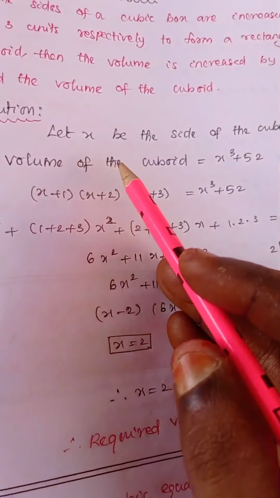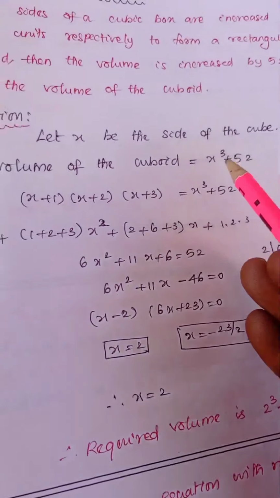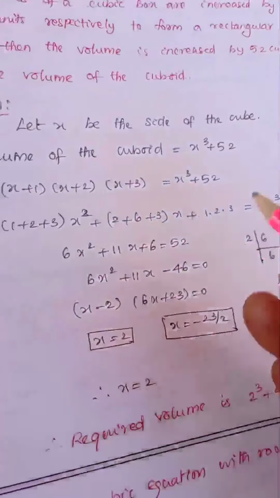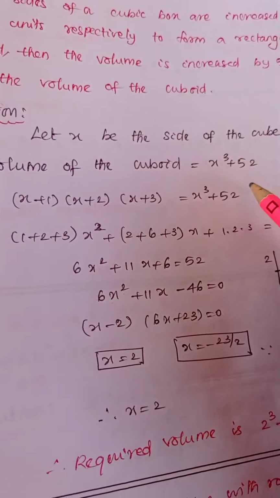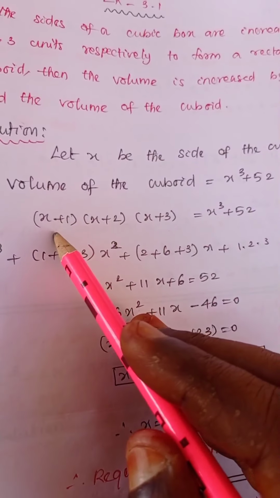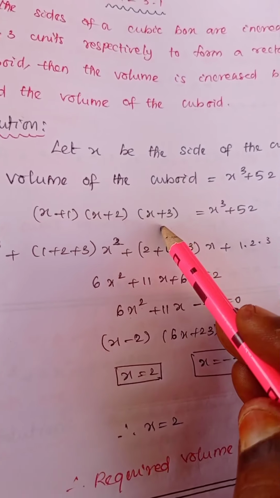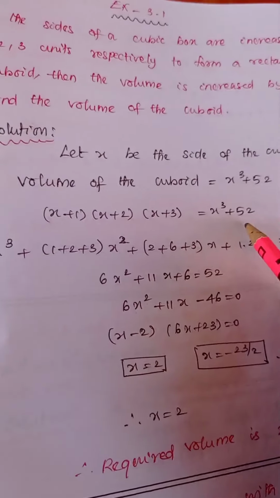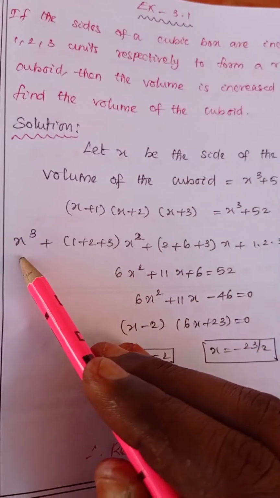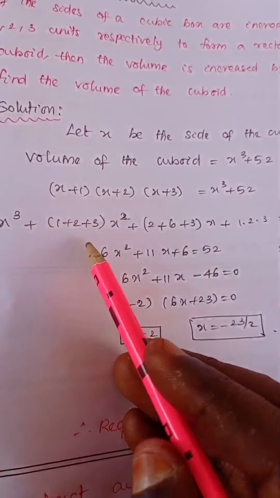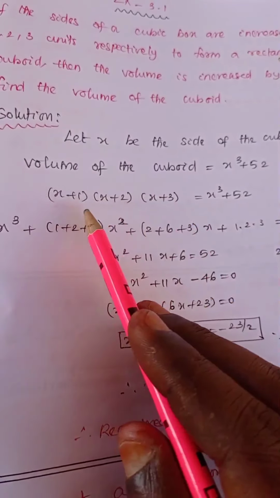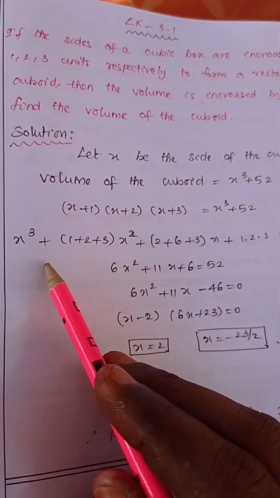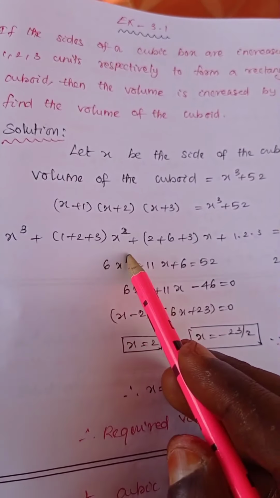Solution. Let x be the side of the cube. Apply the volume of the cuboid formula: x³ + 52. So (x + 1)(x + 2)(x + 3) is equal to x³ + 52. Simplify it using the formula (x + a)(x + b)(x + c), and substitute: x³ + (1 + 2 + 3)x²